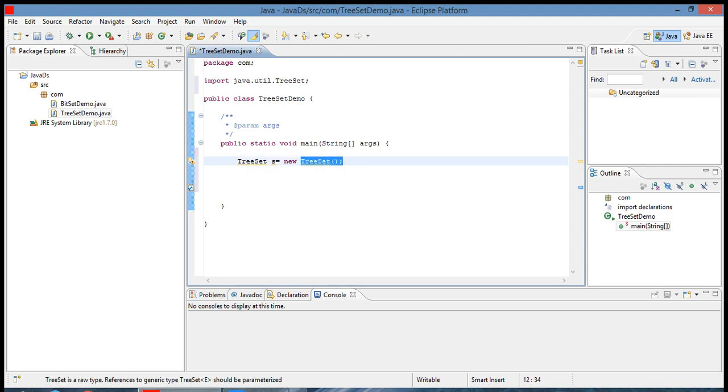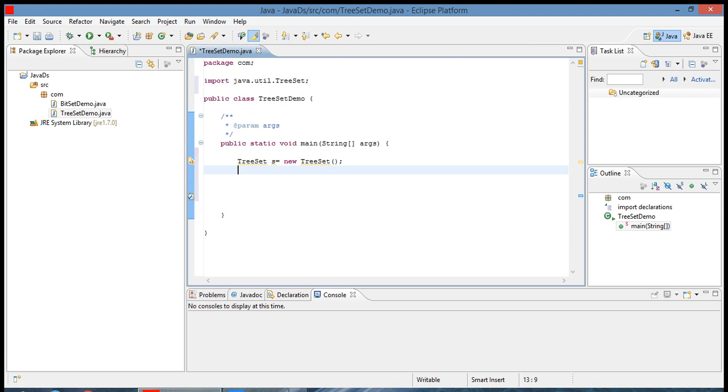With the help of the default constructor we are able to maintain the default natural sorting order of the elements. Means if we first store 10, then 20, then 3, it will give the ascending order, that is the standard natural default order. The next one is the parameterized constructor, where we are passing an object of the comparator interface.